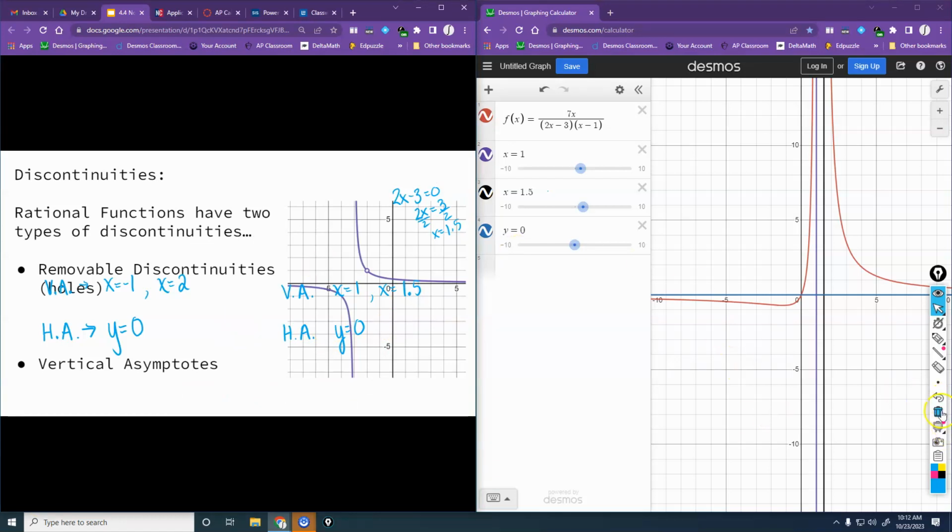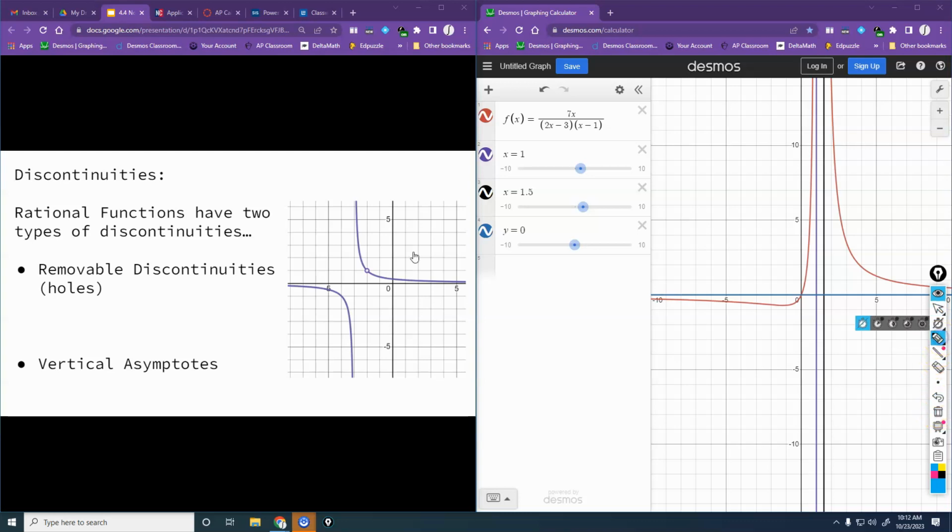All right, so there are two types of discontinuities that you are going to see on these problems. Rational functions are going to have either removable discontinuities, which are holes in the graph, or vertical asymptotes, which we just looked at. So like if I look at this graph over here and label these things,